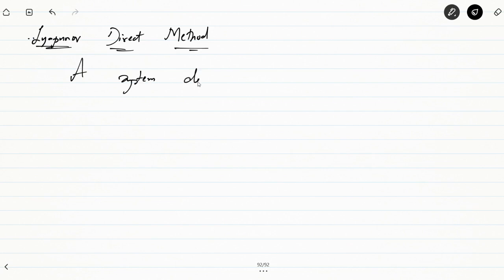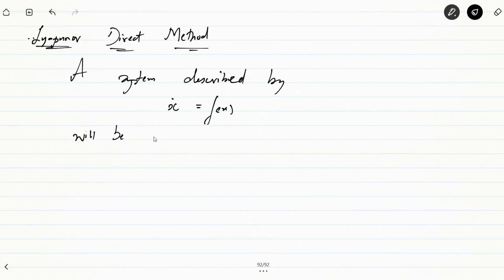Okay, so moving to Lyapunov's direct method now. A system that will be described by x dot is equal to f of x, where f of x is a nonlinear function, an n cross 1 vector of nonlinear functions involving different states x1 to xn, will be